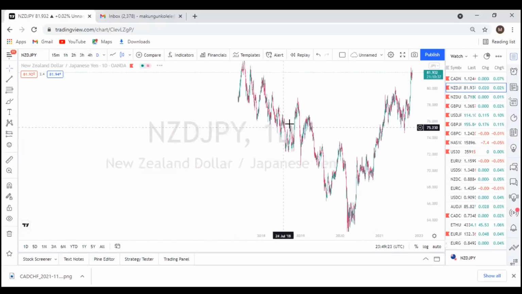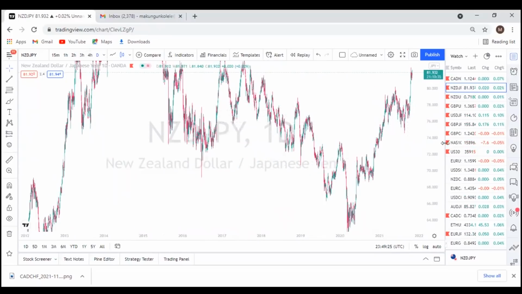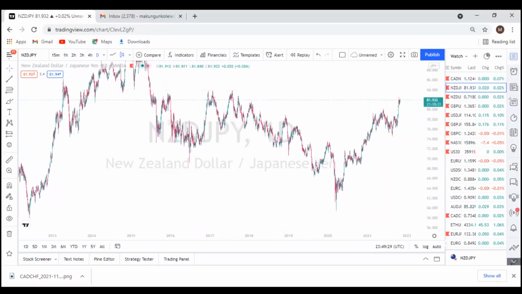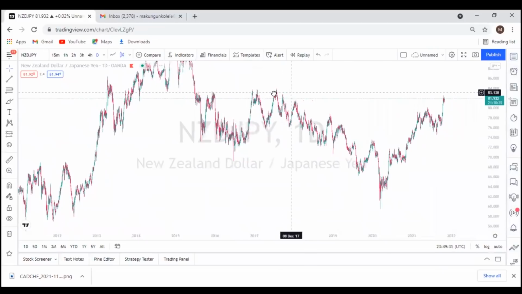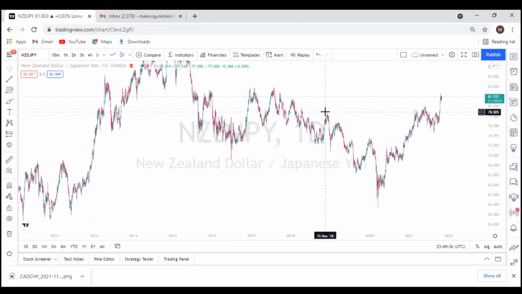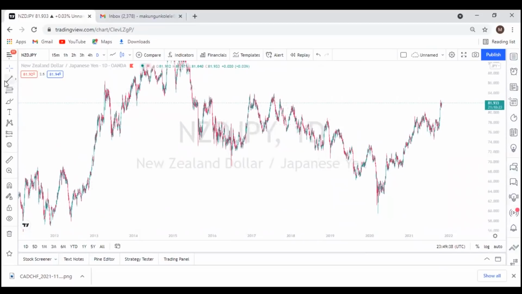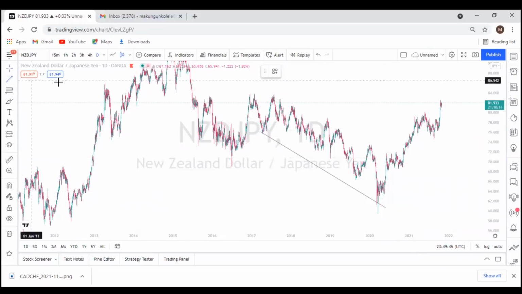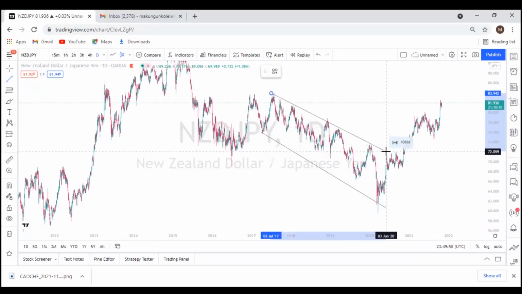So with this one, we can zoom it out further, and it's a huge structure. So you can go ahead and go to the weekly to see everything clearly, but then I'm just gonna work from the daily. So we had something like this